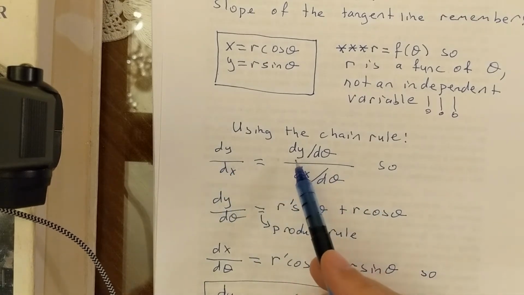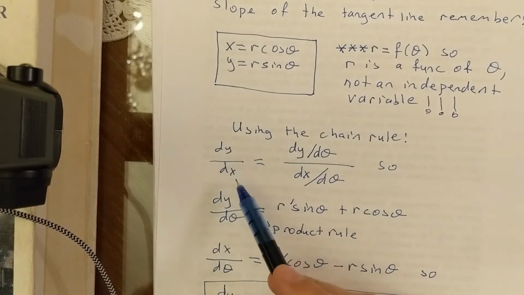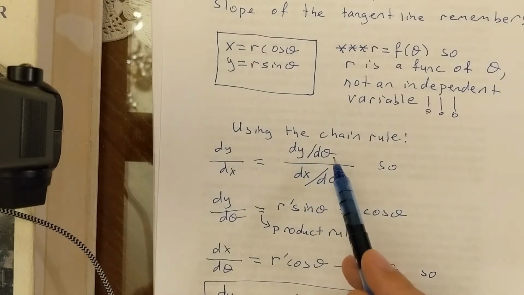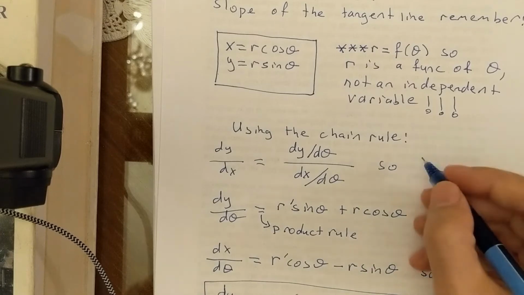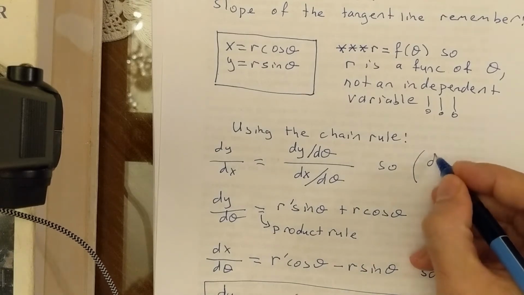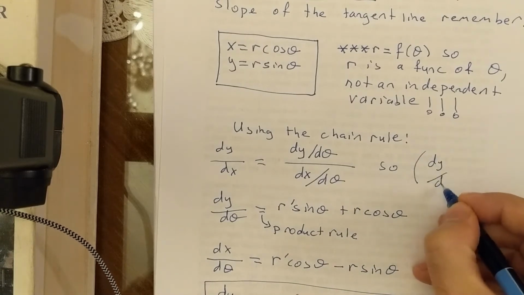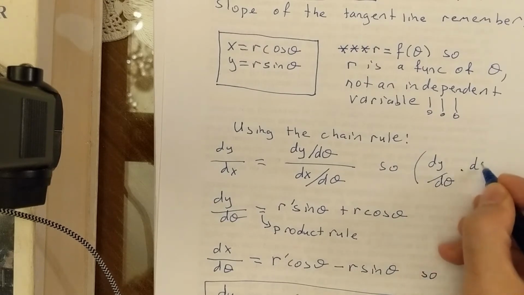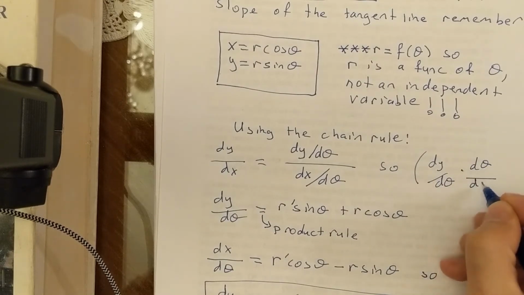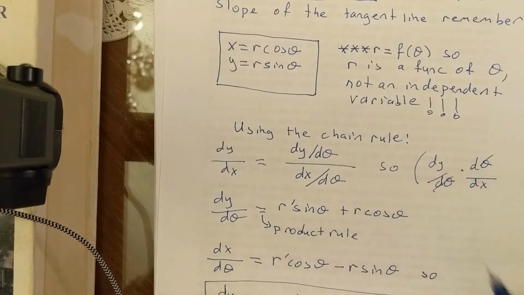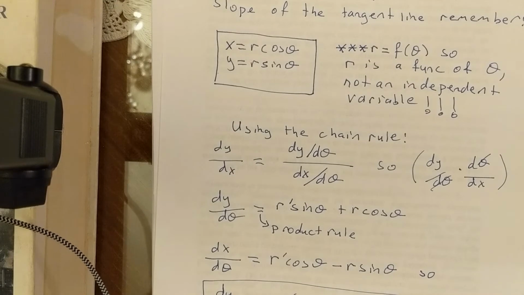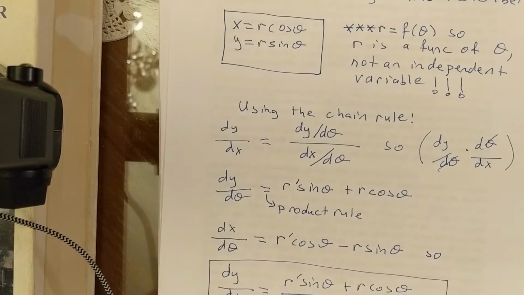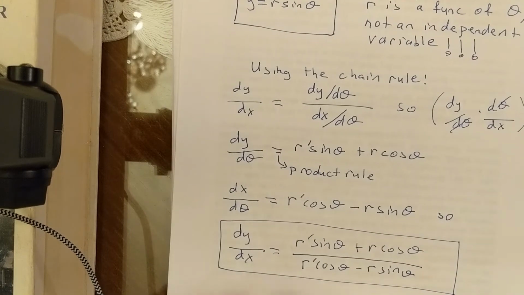So if you want to calculate dy/dx, the derivative of y with respect to x, you do the derivative of y with respect to theta over the derivative of x with respect to theta. If these were fractions, you would get dy/d theta times d theta/dx, and you can kind of think of the chain rule as saying that these cancel out, okay? So they are not fractions. Let me stress that once more, but the first derivatives do behave like fractions, okay? So if we do this,